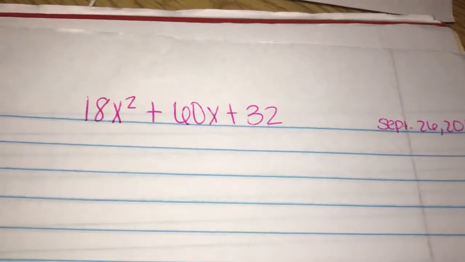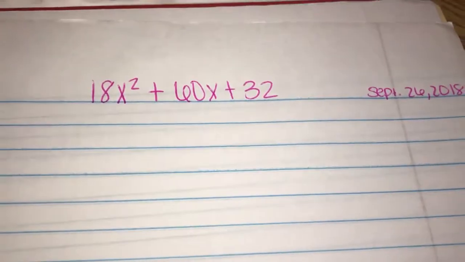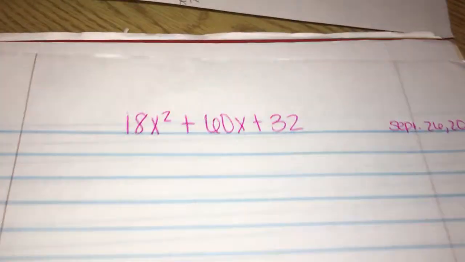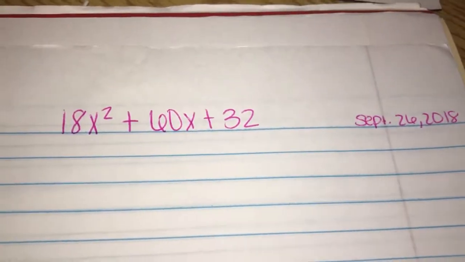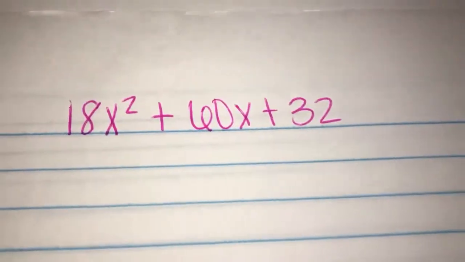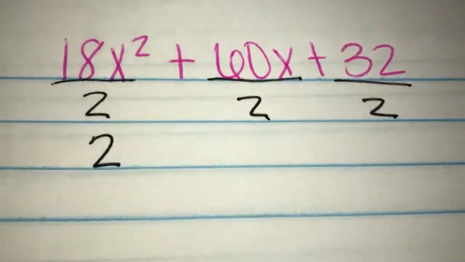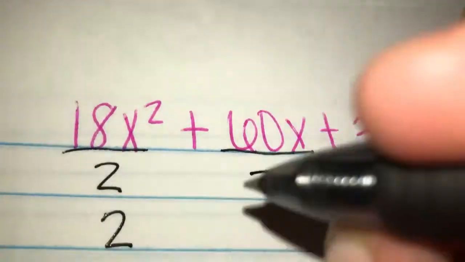Okay, so for this first equation, we're going to solve it by factoring by grouping. The first step in that would be to pull out any common factors up here. They're all divisible by 2, so that would be the common factor for this. So we're going to put the 2 on the outside of the parentheses to show what we divided them all